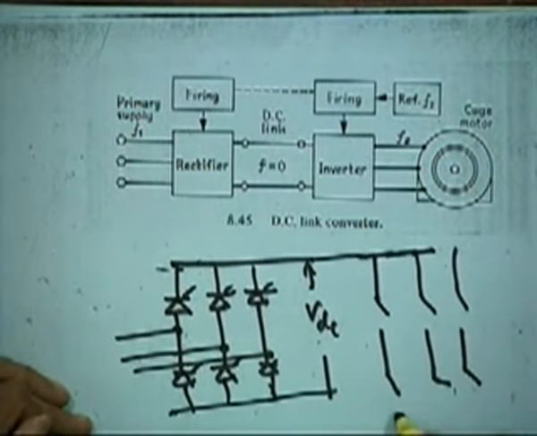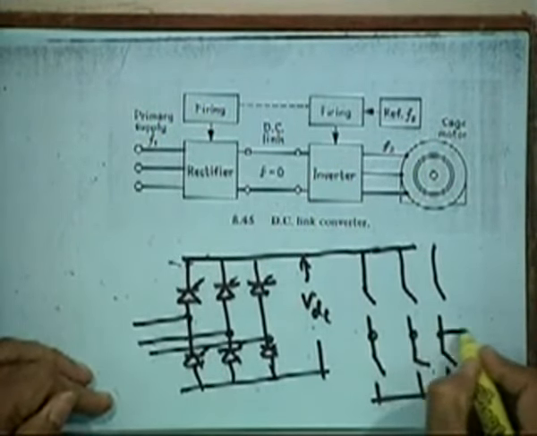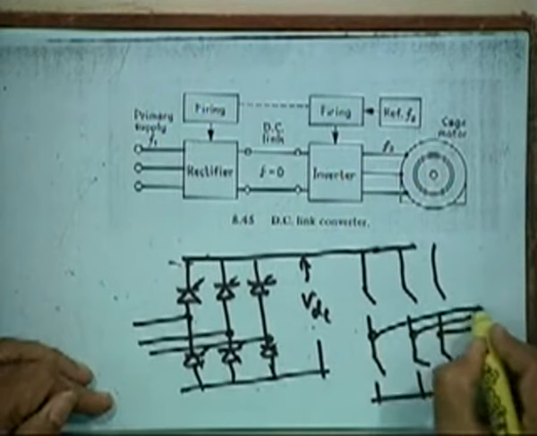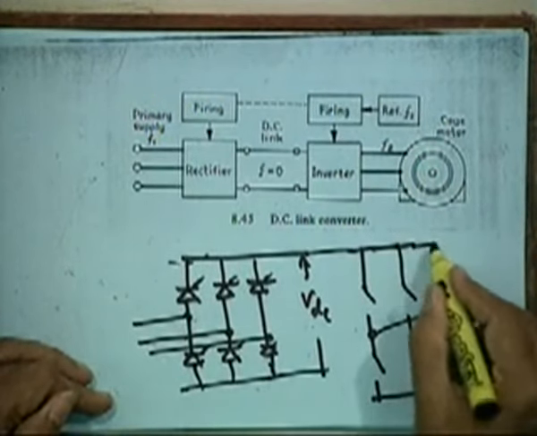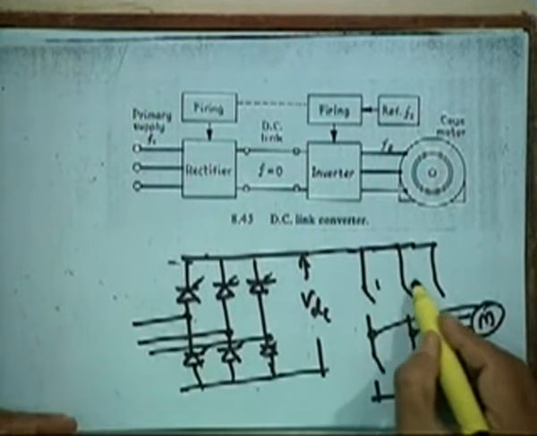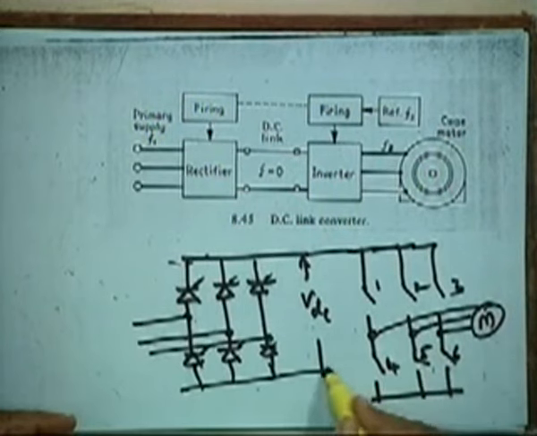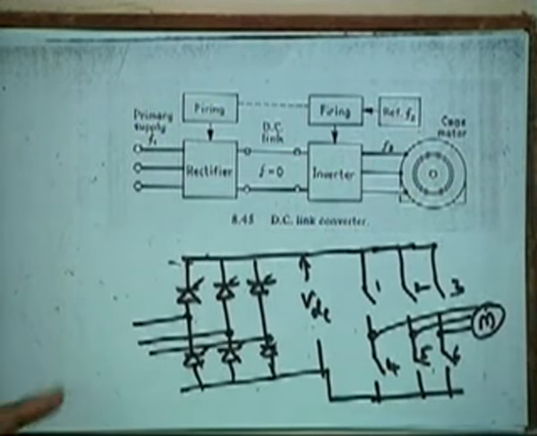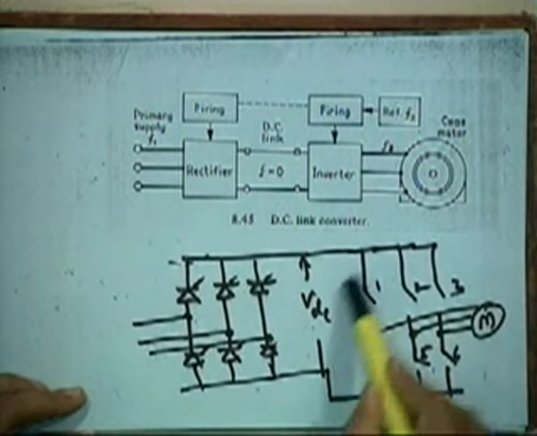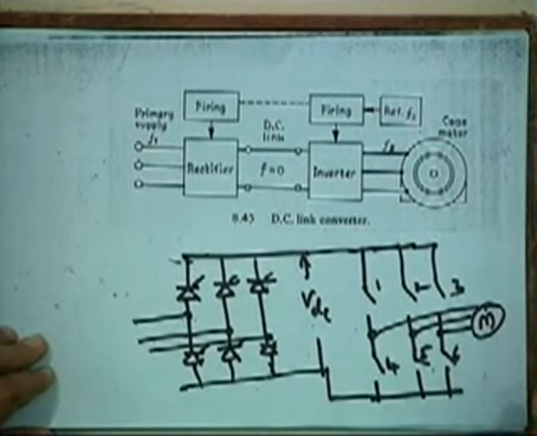And the center point you connect to the motor. There are 6 switches, 1, 2, 3, 4, 5, 6. You connect 2 out of the 6 switches to the motor, and that is how we get a variable voltage,